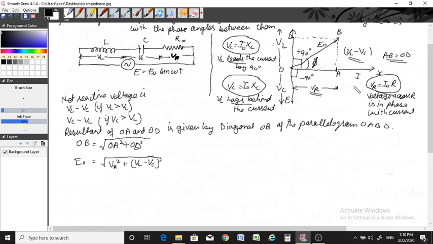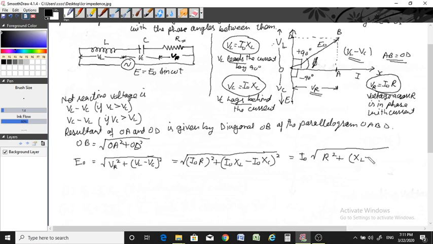These three terms are according to Ohm's law, V equal to IR, and this value can be written as under root I naught R square plus I naught XL minus I naught XC square, and now I naught can be taken as common, and this is equal to R square plus XL minus XC square,